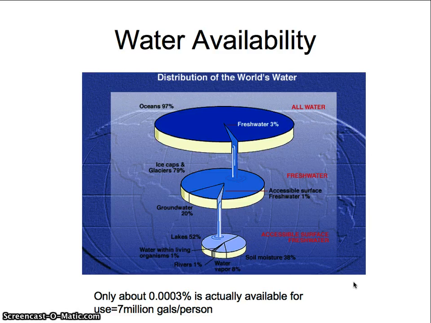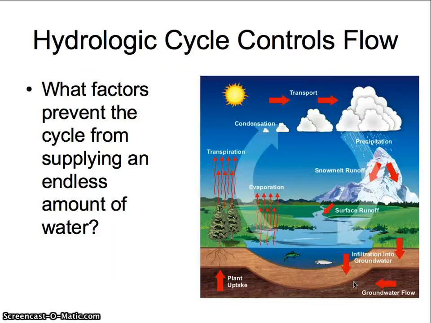But there are places in the planet that are actually in what we call a water shortage. So why is that? Well, there are different factors that prevent an endless supply of water. There's only so much on the planet. The water that's been here since the formation of Earth is the same water that will always be here. And it ends up going through a cycle, which you guys are familiar with, the hydrologic cycle or the water cycle. And water gets stuck in different locations.